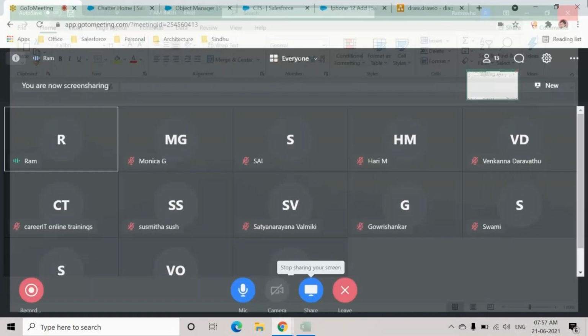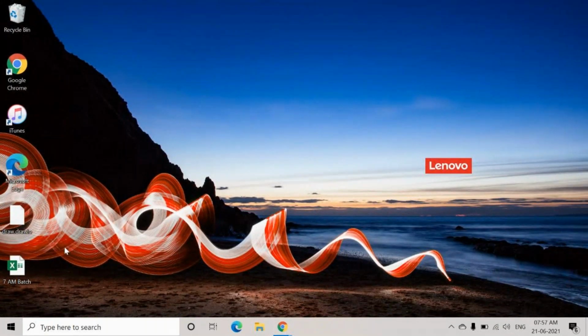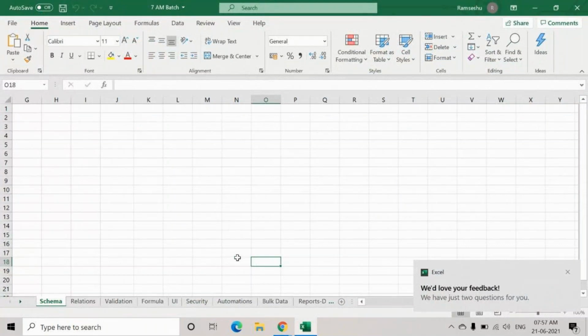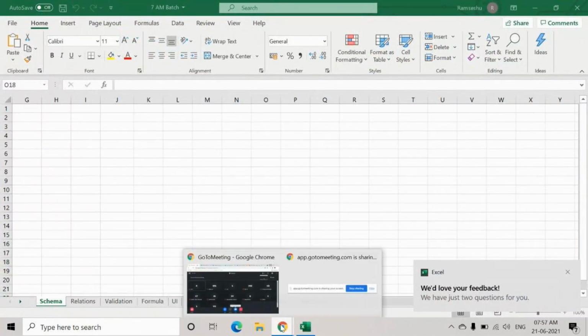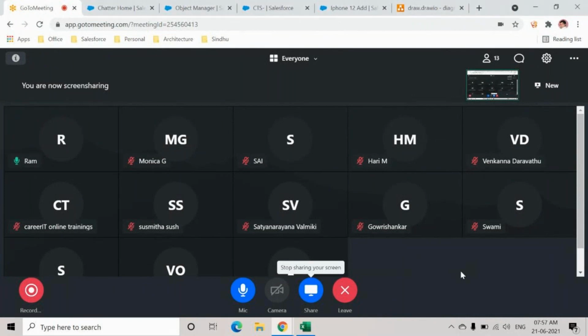Okay, so from tomorrow we'll start working only on that Excel sheet. We'll start with that Excel sheet and see how we automate the entire Excel sheet on our Salesforce. Any questions? Anyone?